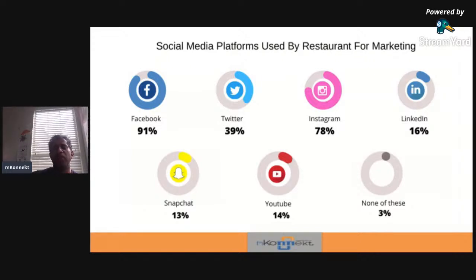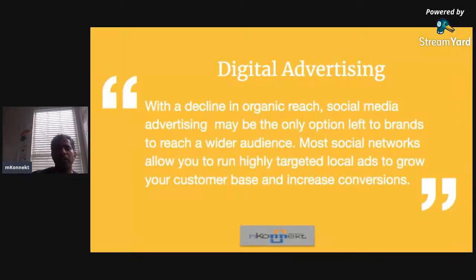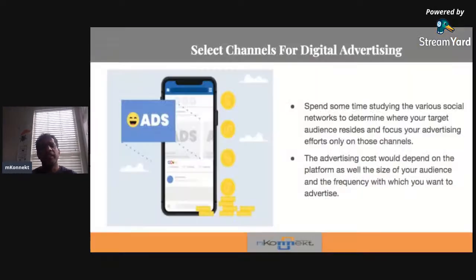On Instagram you have a lot of foodies and the ability to display your food items, do videos, stories, and all these kinds of things, which have quite an impact. And from an ads perspective, we have seen organic reach going down, and the ability for you as a restaurant owner to focus on what kind of customers you want to target, to select your potential customers, is the most powerful tool